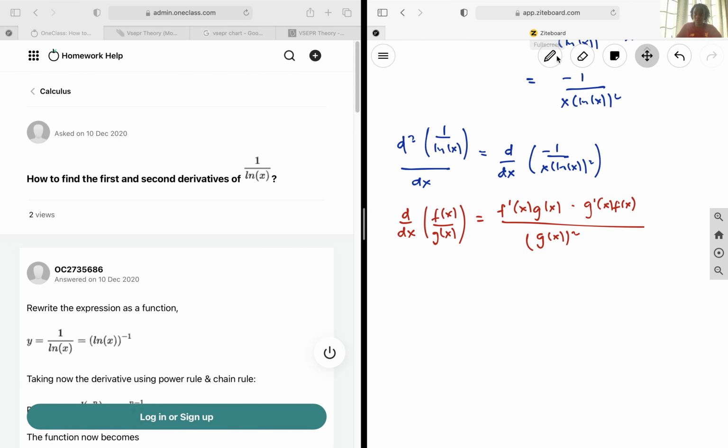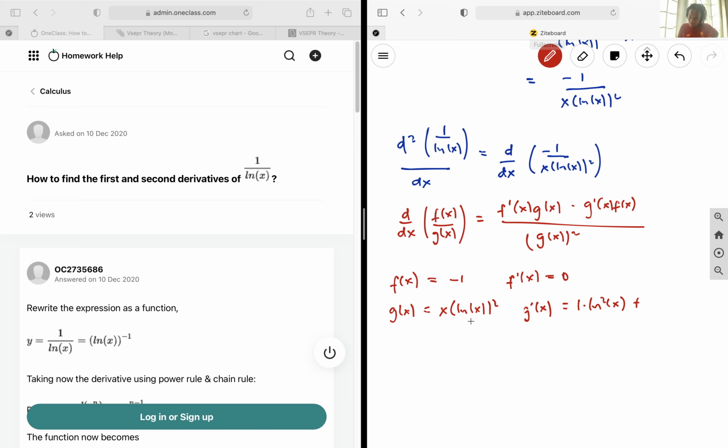And so now let's find all of the numbers that we need on the side, and then we're just going to plug them back into the equation. So we know that f of x in our scenario is equal to negative 1, which means that the derivative is equal to 0. G of x is equal to x ln x squared. The derivative, we're going to use the product rule for this one. And it will give us g prime of x is equal to d over dx of x, so that is going to give us 1 multiplied by ln squared x